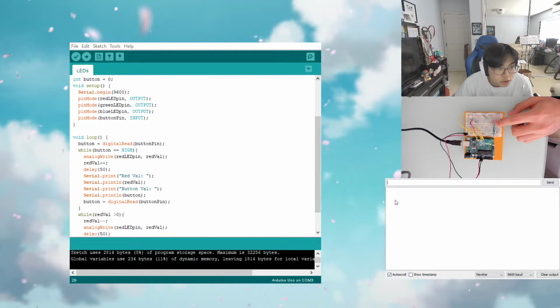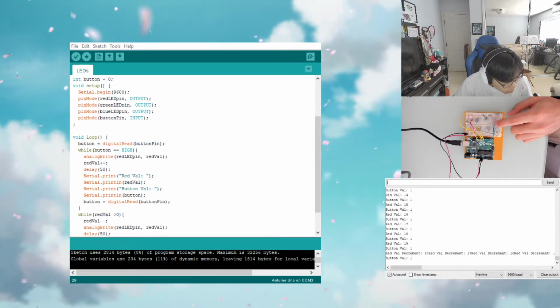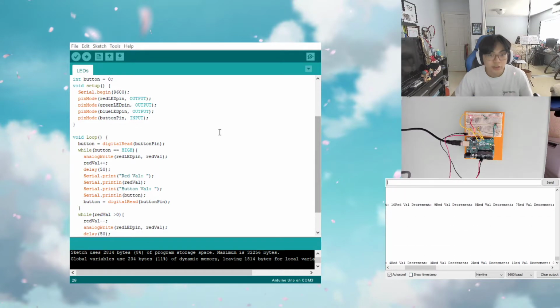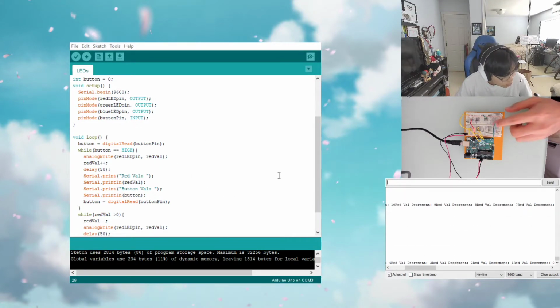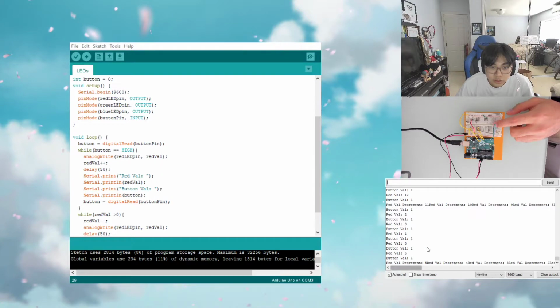Look in the serial monitor. Okay, it looks like it's working. So we've got this fade effect here. It's pretty cool. Nice. So now let's figure out when